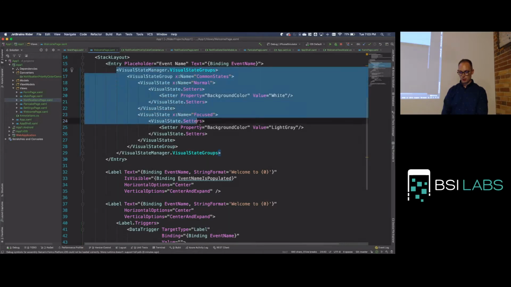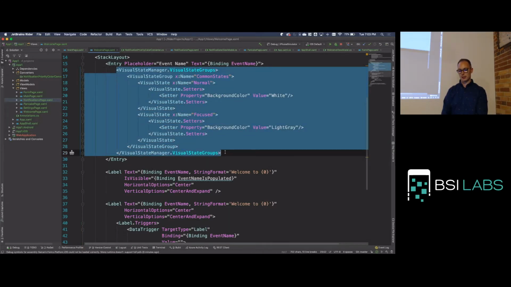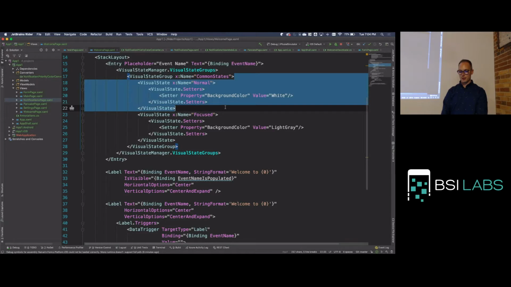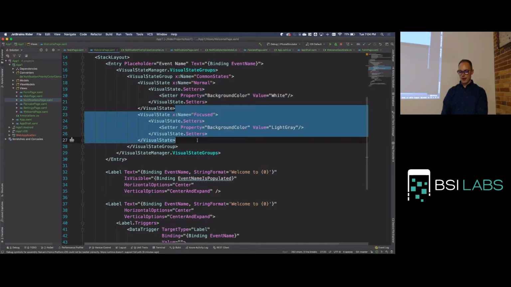This one is a little more verbose than I would like it to be, but it is pretty effective for this sort of thing. So we've got our normal state where the background is white. We've got our focus state where the background is light gray, and it's attached to that entry, the name entry. So as soon as we focus on it, it's going to turn light gray. As soon as we remove focus, it's going to go back to white. So pretty simple,